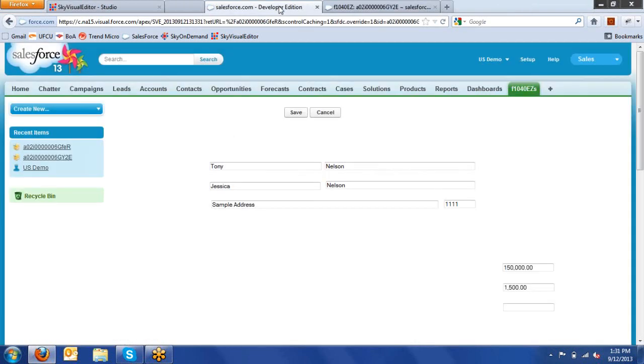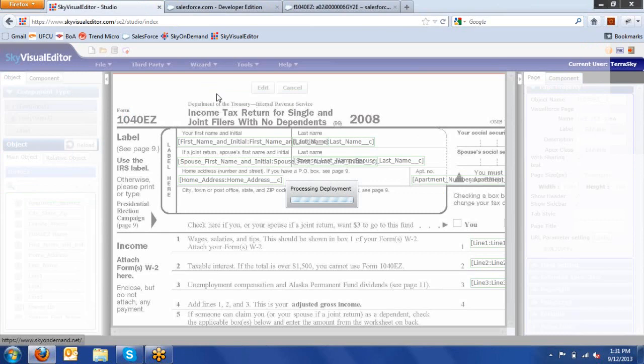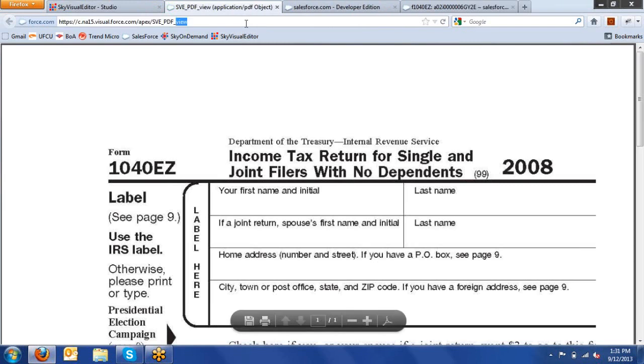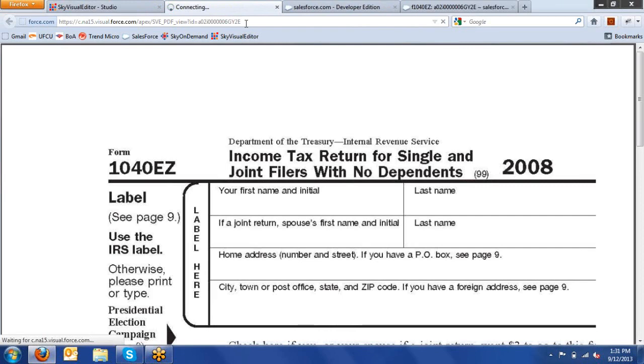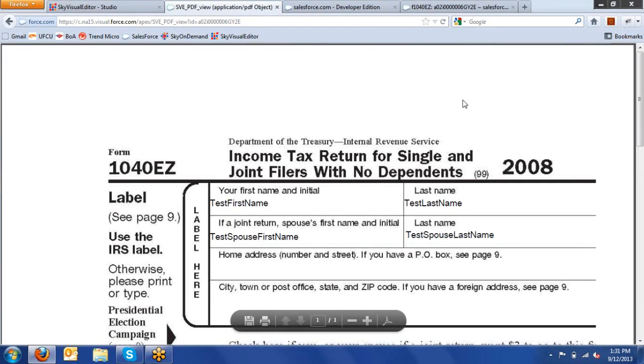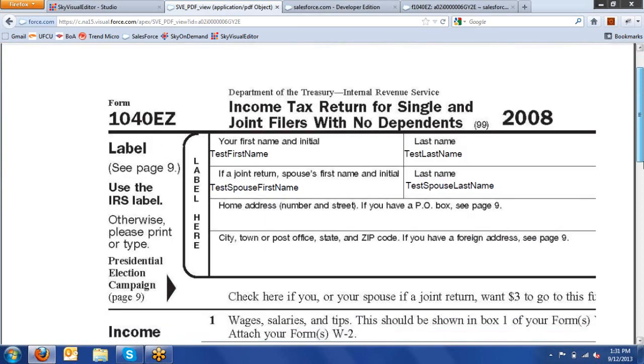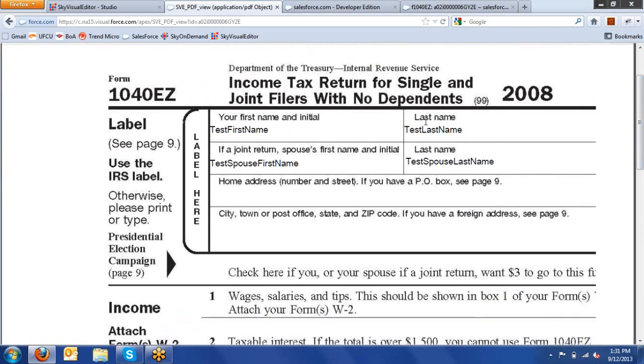Just close out of that one. All right. So now we can go ahead and open this. And now this is going to take me to the blank page. And now I can add in the ID. All right, so there's all the fields. In this case, this is the first record that I had created. And as you can see, I have the first name, the last name, and all that information filled out from